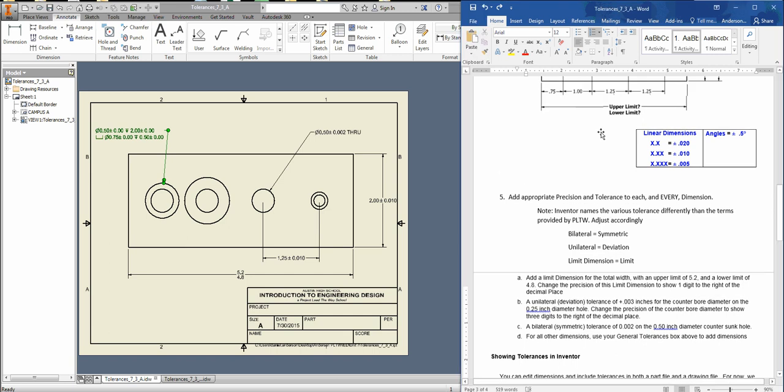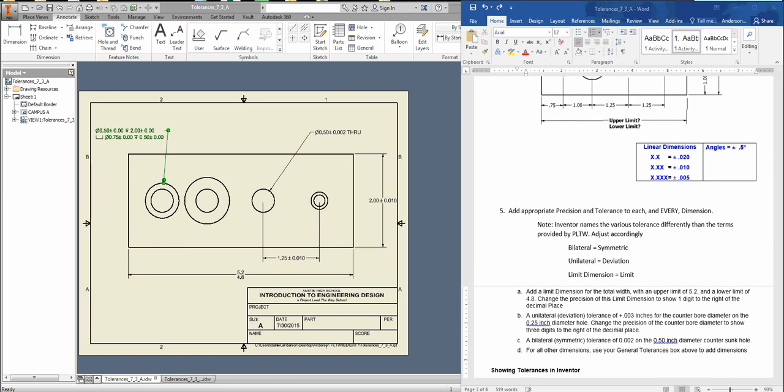But hopefully with this video, you now know what you're supposed to be doing, and you have a general idea of how to actually put the tolerances and precisions